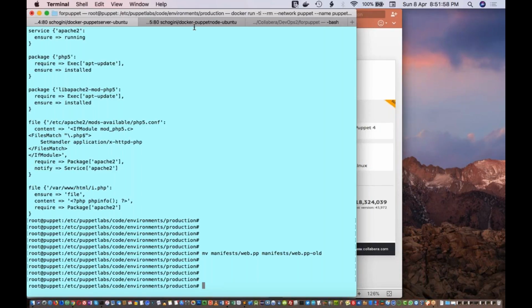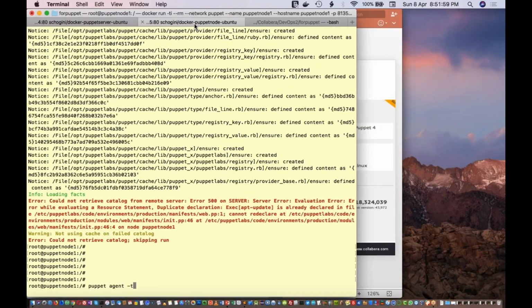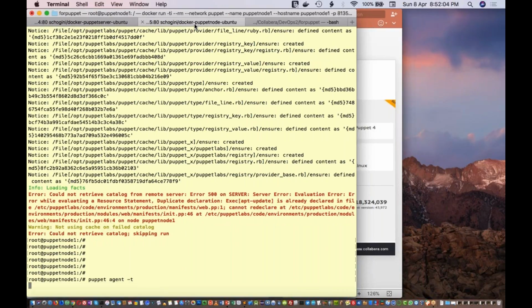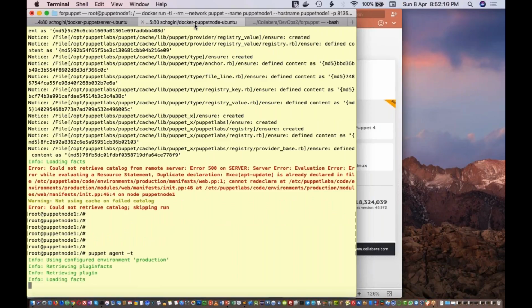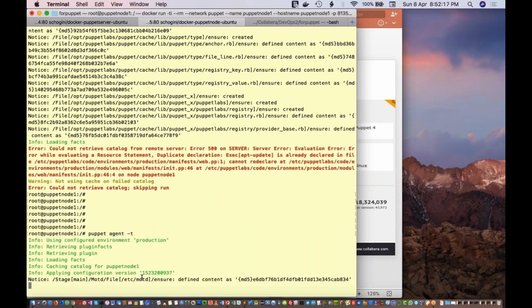Okay, now I'll execute puppet agent -t once again. Now it is getting the configuration information. First it will get the initial one, which is MOTD. That is the initial class that is included. After that only it will get our new module, which is web.